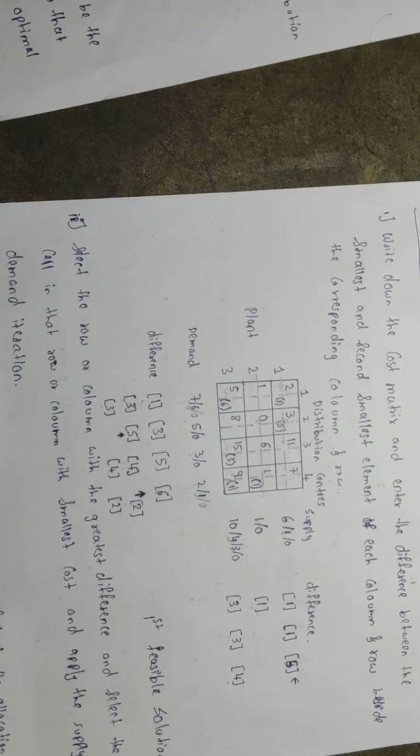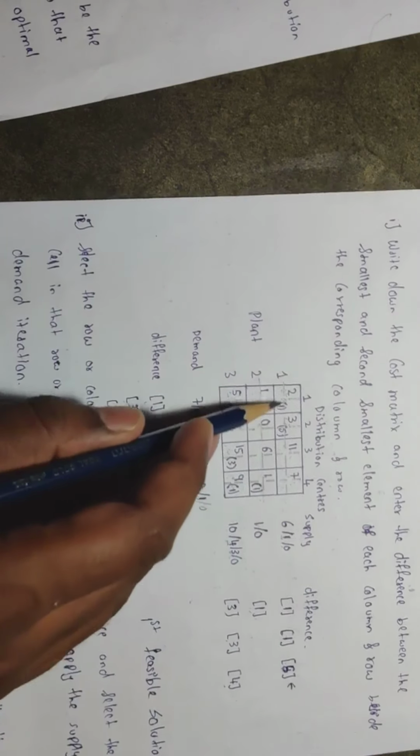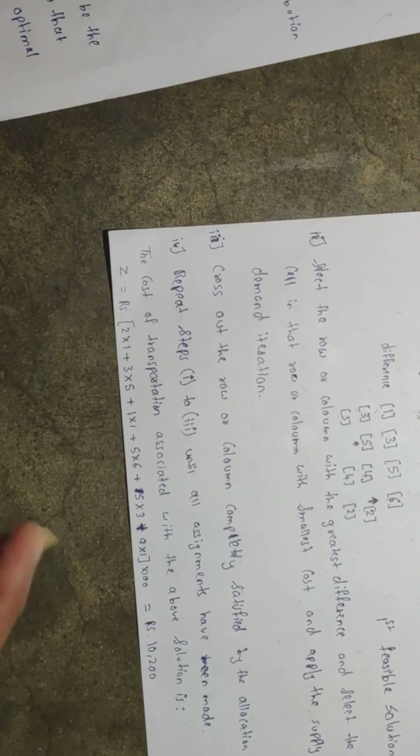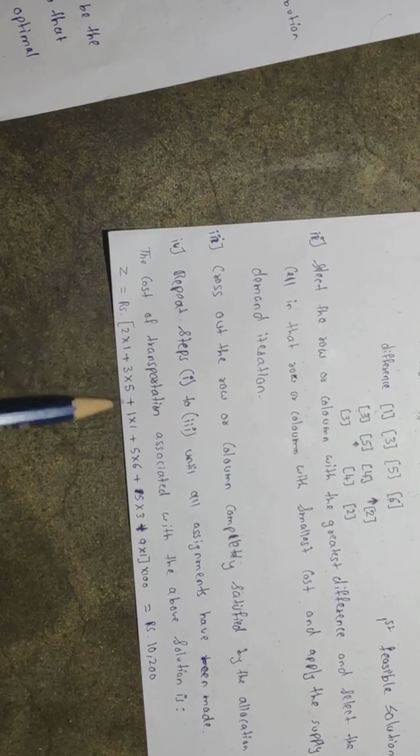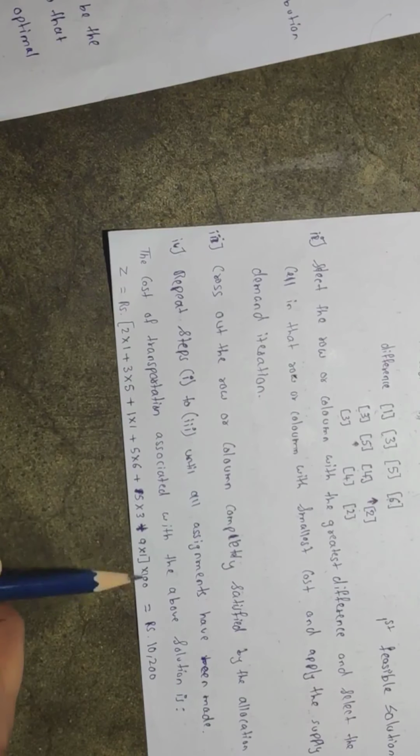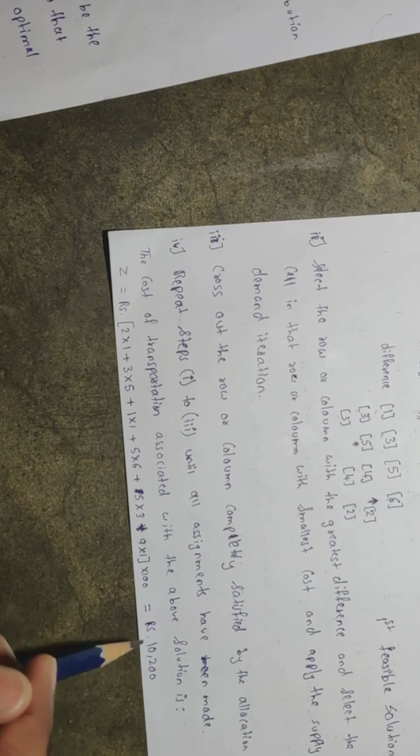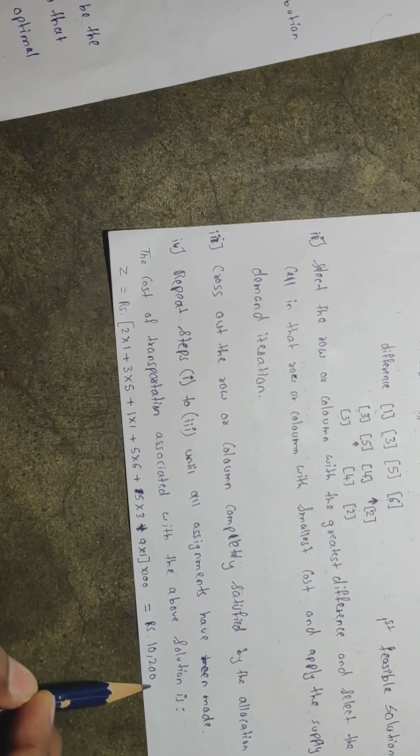So let us check its allocations now. What are these allocations and check its value? So I can say 2 into 1, 3 into 5, 5 into 6, 15 into 3 and 9 into 1. If I have done that calculation, you can check that one: 2 into 1, 3 into 5, 1 into 1, 5 into 6, 15 into 3 and 9 into 1, into 100 because those numbers are in multiples of 100. So the cost will be 10,200 rupees.